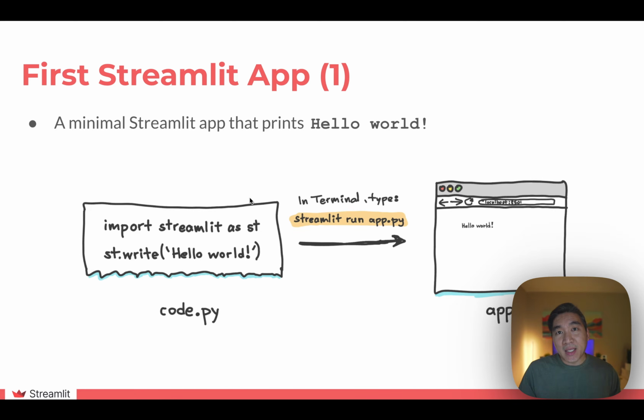So the great thing is that your user does not have to be a coder. They don't need to know how to program. So if they could use the mouse to point and click, that's all that is required. And so it is empowering you, the developer, to have your user or stakeholders engage and provide feedback and also to gain understanding out of the data or model that you're trying to present in a streamlined workflow.